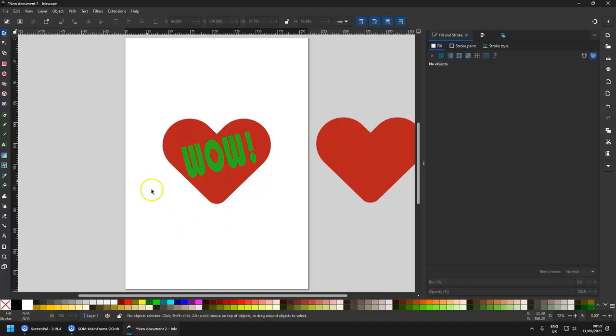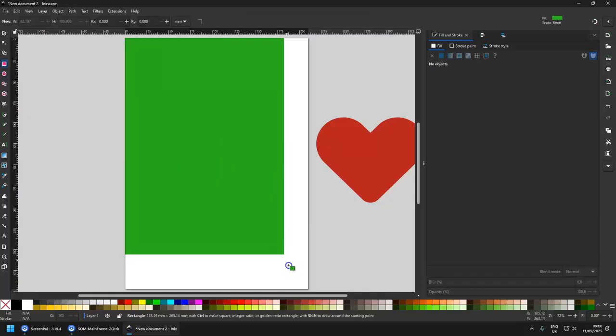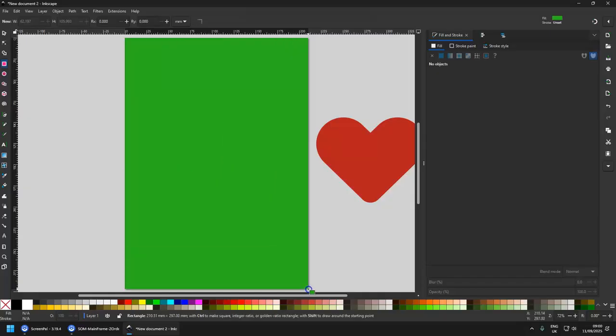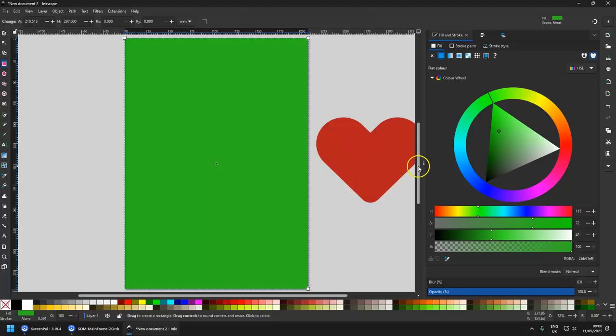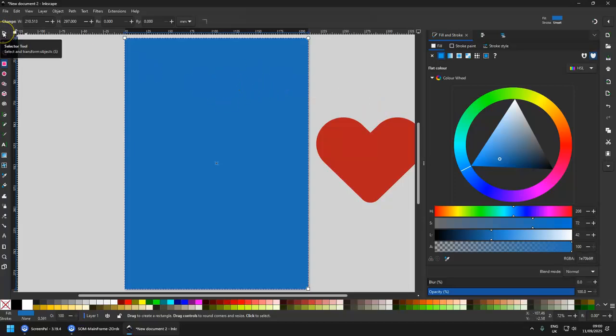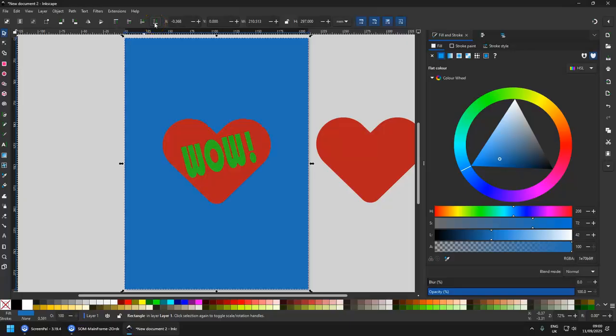Okay, next job. We just need a background. So we're going to select the rectangle tool and just drag a background over the whole image and choose a color for the background. I'm going to go for blue. And I need to send this to the back. It's on top of everything. So I'm going to use the selector tool, and then up here we've got 4 little icons. I'm going to send it to the back,